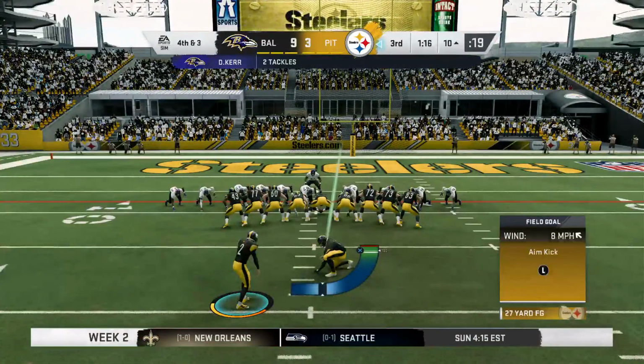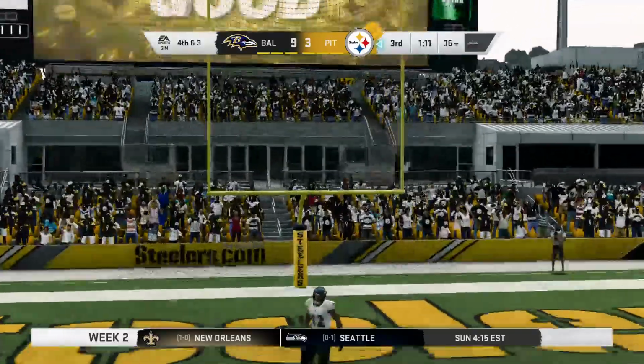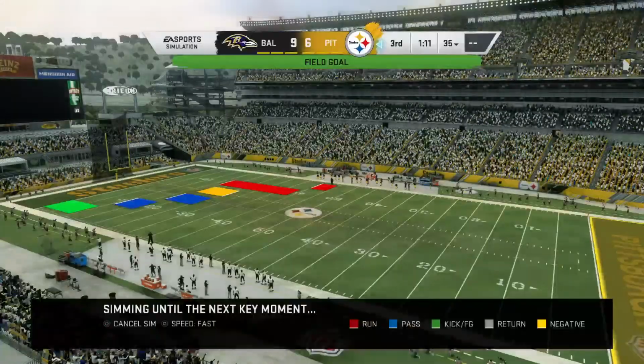I think a lot of people ask the same question all the time. Why do we see so many slants in the red zone? Well, the windows are tighter. Everything's more condensed. It has to be quicker, and you've got to...